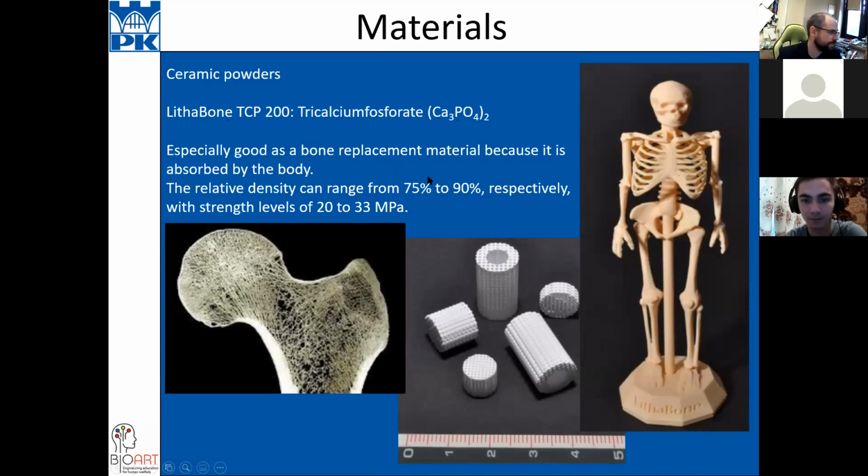It's very easy to use this powder, but it's also a very expensive powder, because in medicine you must have very pure material, and you can use it only once. When you print something for automotive, you can use this same powder in the chamber again and again and again. In medicine, no, only once you can use it.